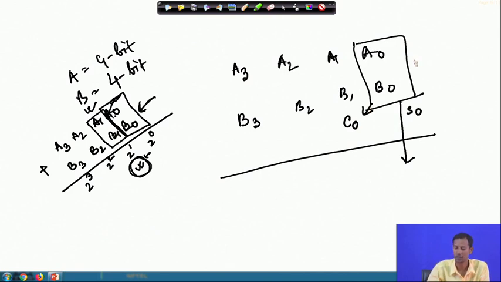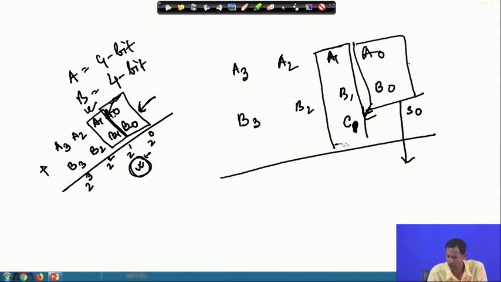Or if I say this as C1, let us name it C1. So, that means this is a carry which is generated from this A0 and B0. So, now I can add these particular things,